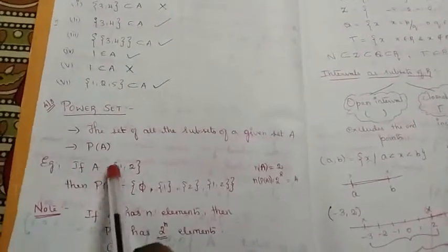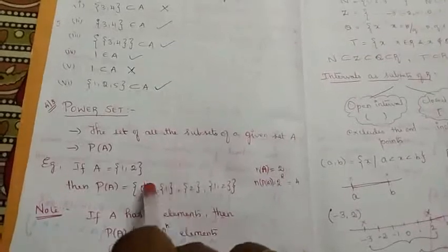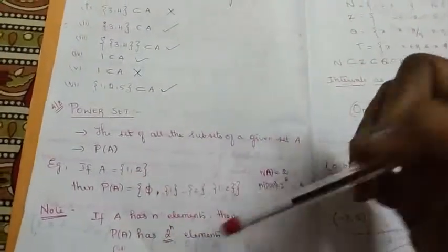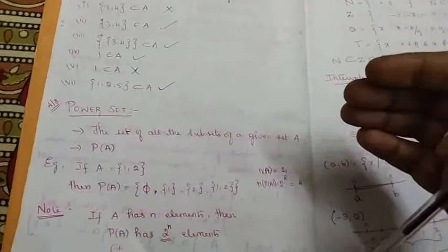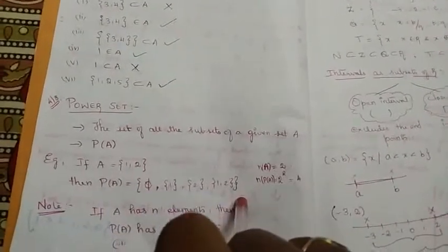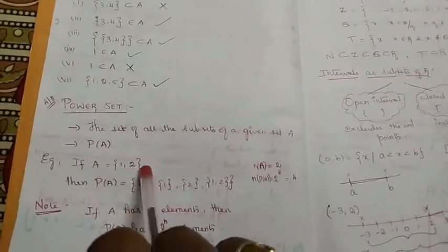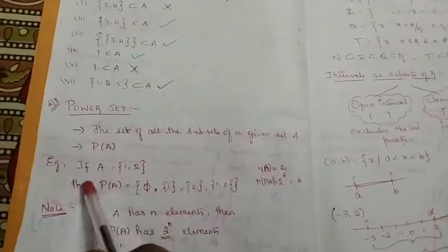For example, here I have listed out all the subsets of the set A. Set A has two elements, 1 and 2. How will you express all the subsets of this set A? First, we have to start with the empty set, then sets with a single element, then sets with 2 elements, then sets with 3 elements. Likewise, till we end up with the original set, we have to list out all the subsets of the given set. So here first the empty set, then a set with 1, a set with 2, and a set with 2 elements 1, 2. That's it. We reach the original set. So these are all the subsets of the given set A.